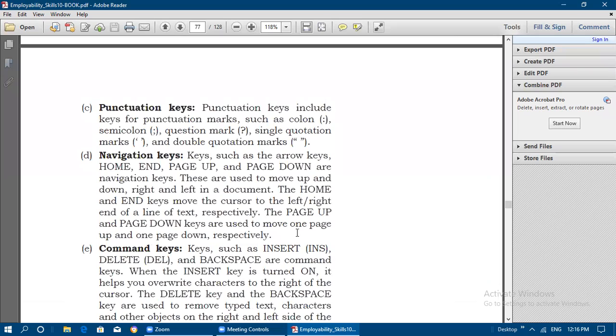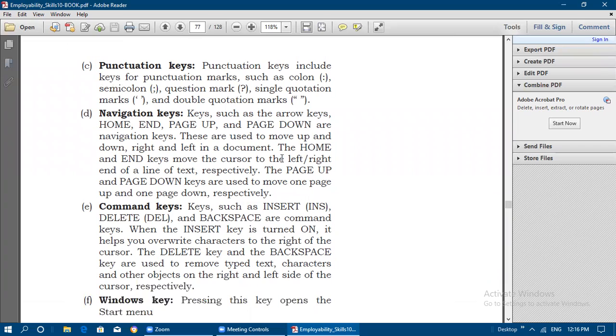And next is punctuation keys. Punctuation keys include keys for punctuation marks such as colon, semicolon, question mark, single quotes, and double quotation marks also. And next is navigation keys. Keys such as arrow keys, home, end, page up, page down are all called navigation keys because these are used to move page down, page up, and to move to the end of a line of text and the beginning of a line of text.